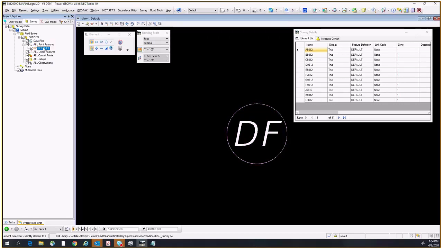If I click on this default, it'll show me all the points that are feature definition default, which of course is the same thing because we only have the control file in here right now. But it's basically a way for us to filter through our points, and we can also manipulate them in a batch, which is what we're going to do right now. So we want to change all of these points to be the trav feature definition, which is our feature code